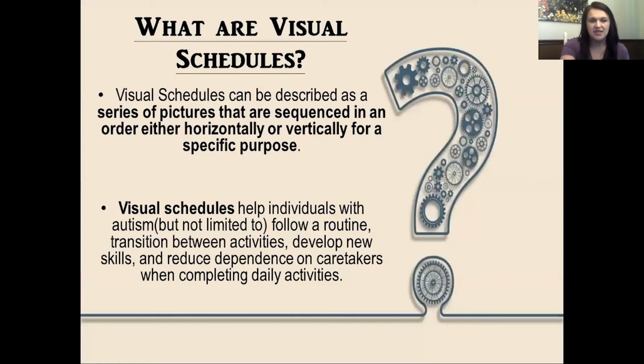So visual schedules, it's exactly what it sounds like. It's a visual schedule that provides us with pictures or words that tell us exactly what's going to happen and when it's going to happen. It just eases the anxiety and the transition issues that we have with our students and lets them know exactly what to expect. And you see this a lot with autism. However, it's not limited to autism. Toddlers, general education, teenagers, they can all benefit from visual schedules. It just provides structure in our everyday event.